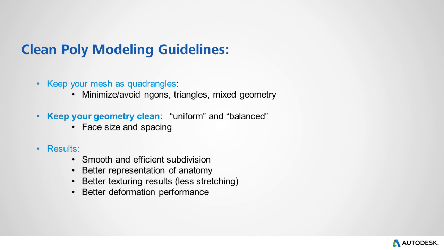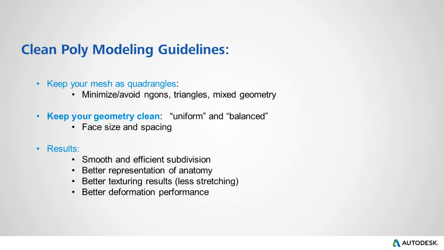So keeping your geometry clean, keep the face size and spacing, ideally in relation to a base mesh, uniform and balanced, right? Uniform faces, so that your subdivision is even throughout the mesh. If you have an area, for example, on an arm that is very dense quads and another area that's very big, large faces that's spaced out, well, that's going to subdivide differently, and one area is going to get lots of detail and the other area is not going to get much detail. So it's a good practice to try to keep everything uniform on your base mesh so that it will subdivide effectively and cleanly. The results that we're looking for there: smooth and efficient subdivision,